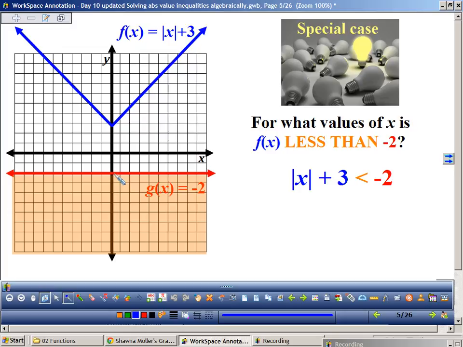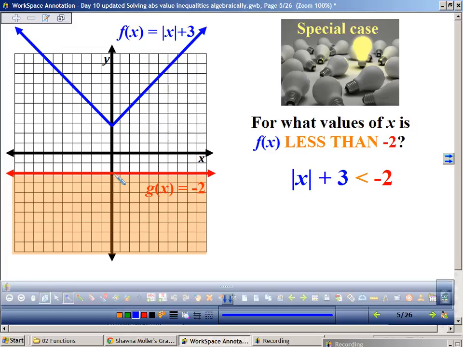Now let's talk about less than. Less than -2 is down here, whatever's shaded. Is my absolute graph anywhere in there? Never. It's never in there. Here's all the numbers that are less than -2, and my graph is way up here. It's nowhere near any of that. So this one happens to be